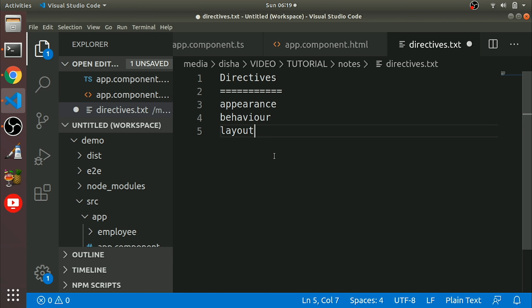Angular directives are classified into three categories based on how they behave. Okay, what are the three categories?